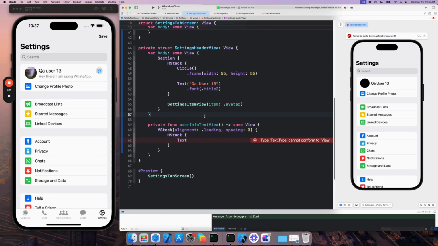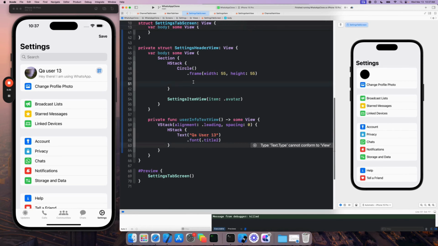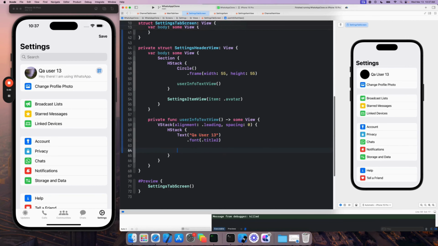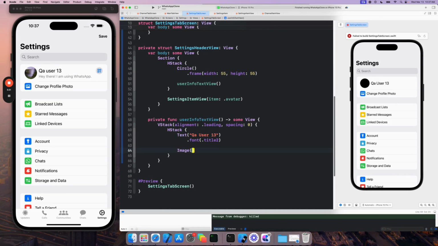move. Let's think about this for a second. Let's actually move this because this is what we want. Let's move that here. And then let's put this user info text view here. Okay, so now we have our username. We need our QR code button. So we're just going to say image, the QR code,